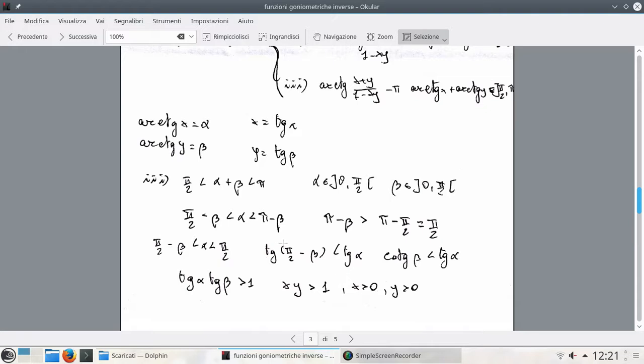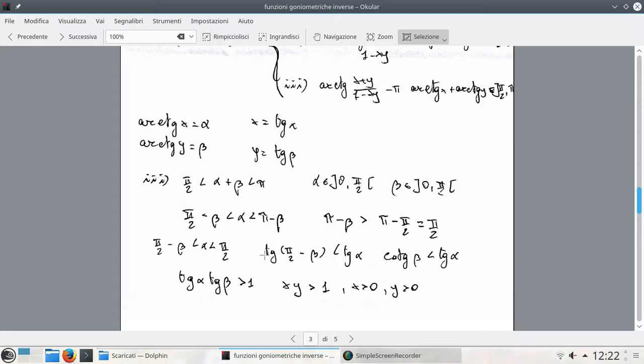So pi minus beta is greater than pi minus 1/2 of pi, equals 1/2 of pi. We can constrain alpha strictly between 1/2 of pi minus beta and 1/2 of pi, sorry,